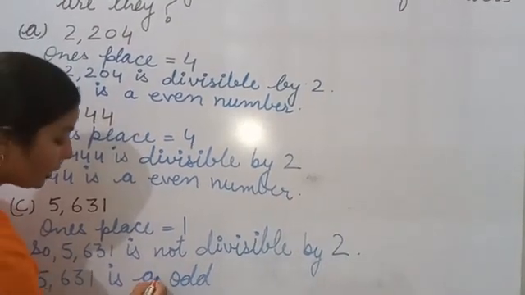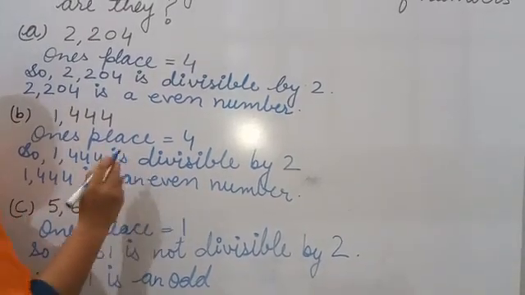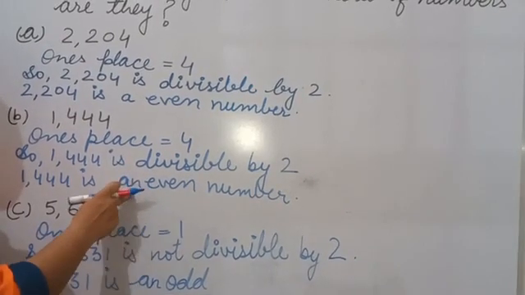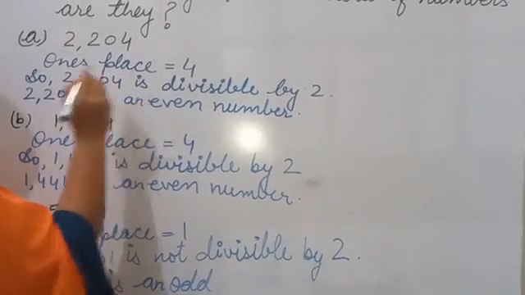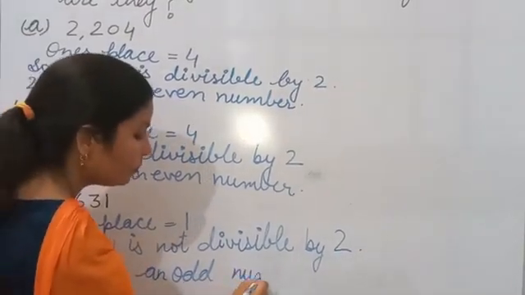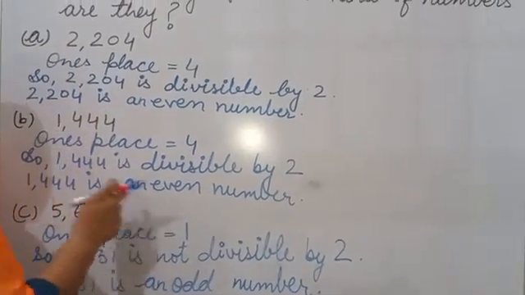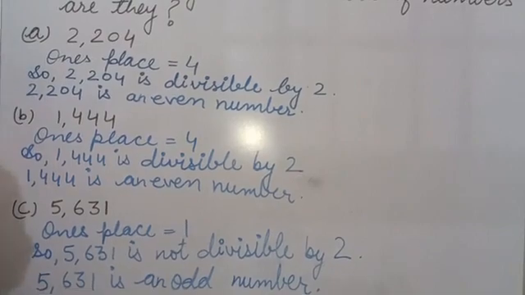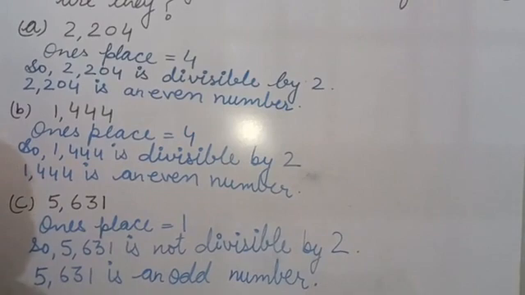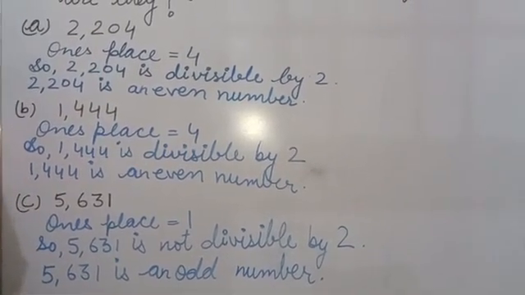Sorry, this is an, and there will also be an, because what is this? This is vowel. So that's why we use here an. We will not use here a. An odd number. Okay. Because there is vowel given, even and odd both, E is also vowel and O is also vowel, so that's why we use an. Okay, so like this you will do all the parts of question 2. Thank you.